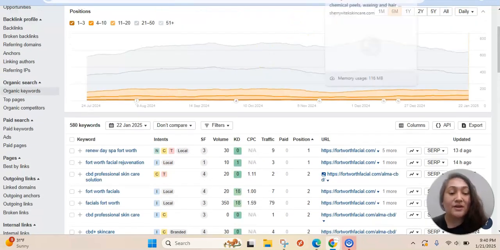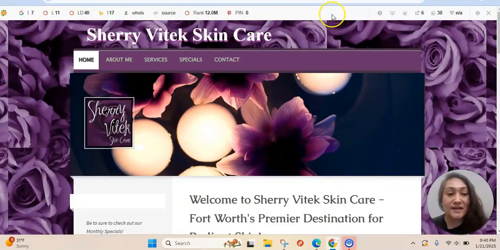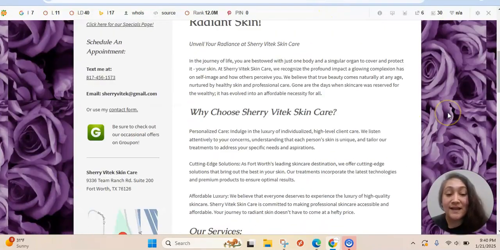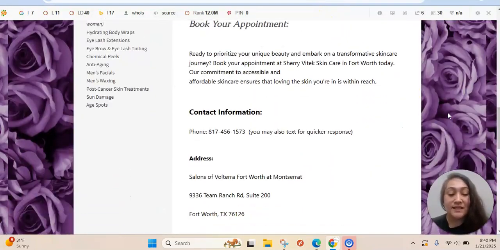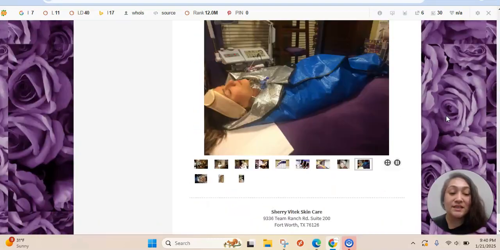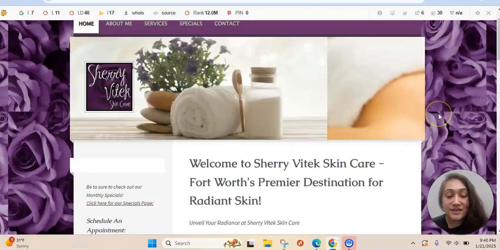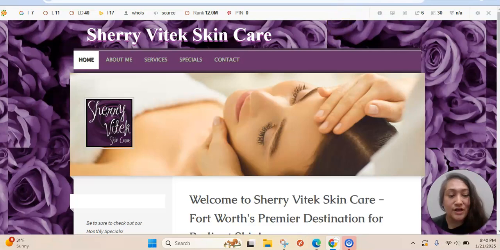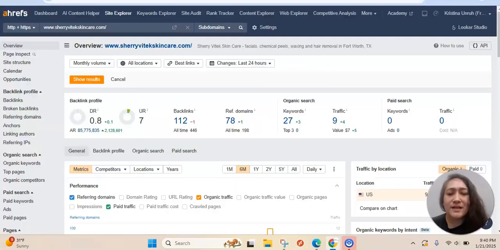So I also wanted to take a look at your website to see what we have going on here. It's a really nice website. It does need some work. I would add more content to the homepage and just do a few changes that we can talk about. But I put it in my tool that I have right here to figure out what you have going on. So it's telling me that you have 112 backlinks from